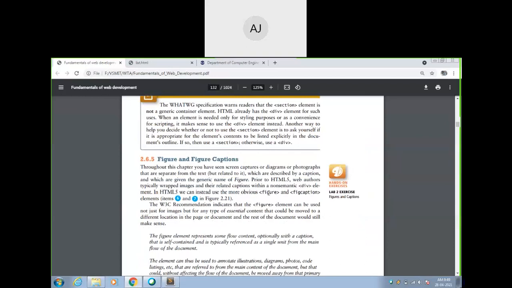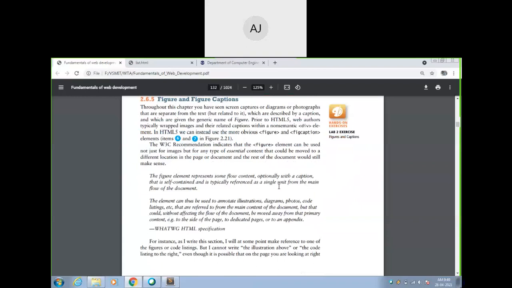Then figure caption: if you want to name a figure, you can give a figure caption. For example, in one website there can be n number of figures, and you want to identify each and every figure. So you can use the figure caption tag. These are different tags that are supported in HTML5.